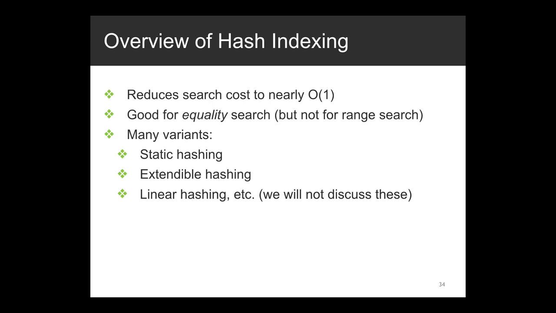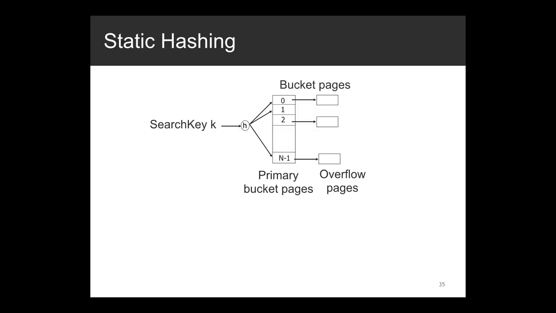There are three variants: static, extendable, linear hashing that is discussed in the textbook. We will not discuss linear hashing. We will only cover static hashing and extendable hashing. So static hash, you have your search key coming in, you apply a hash function, and that could be